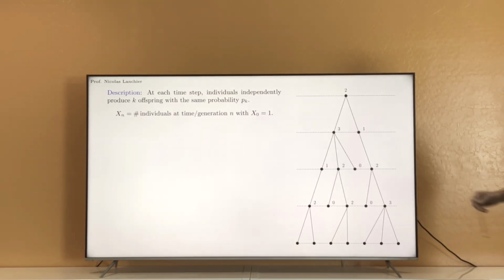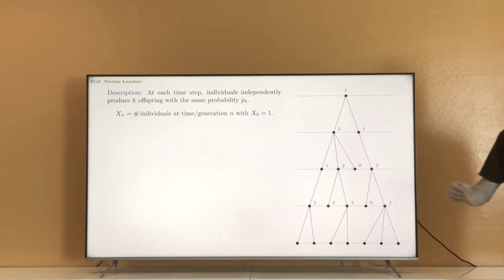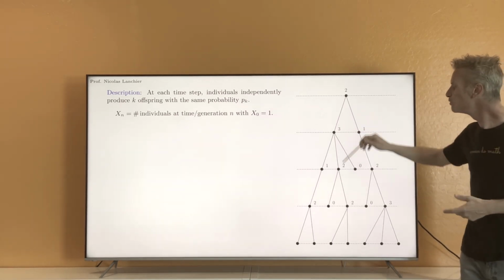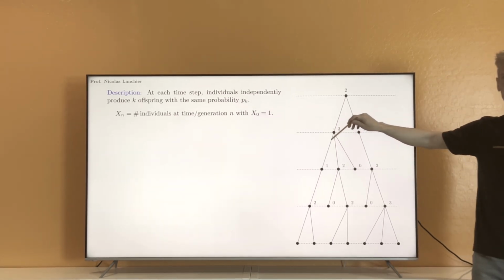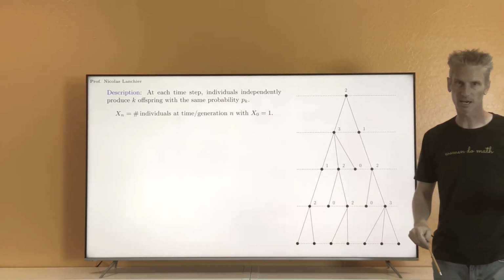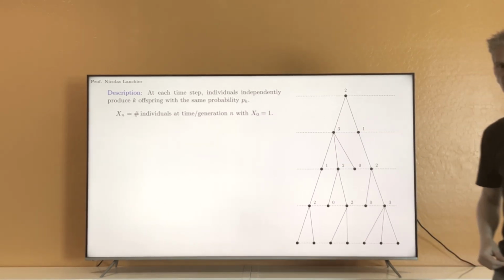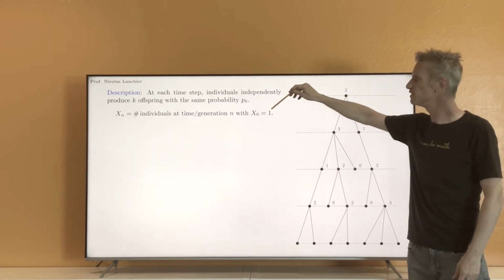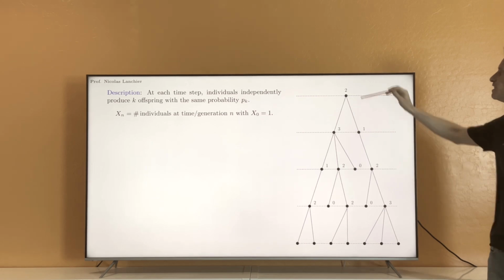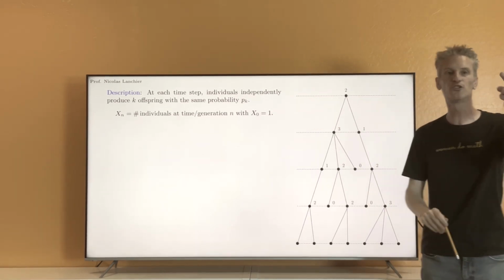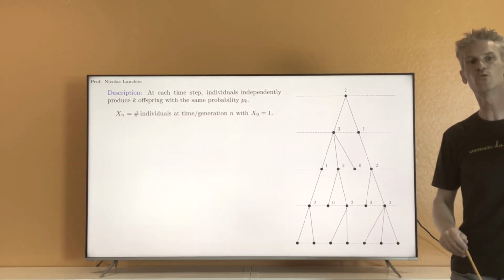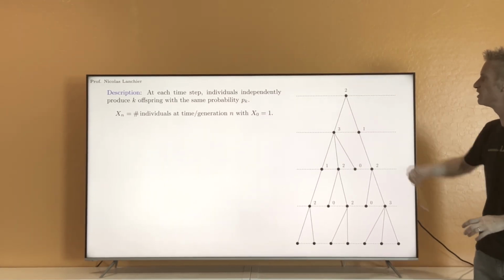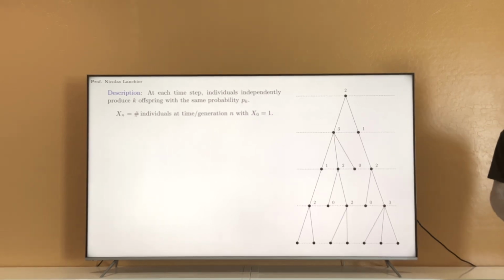Well, just think of each edge in this tree as connecting 2 vertices that are the parent at the top and the offspring at the bottom. That's exactly what it does. You just say, this first vertex is our first individual, and then this individual is going to produce 2 offspring with probability P2. And so with probability P2, you have those 2 edges that give you your 2 individuals at generation 1.